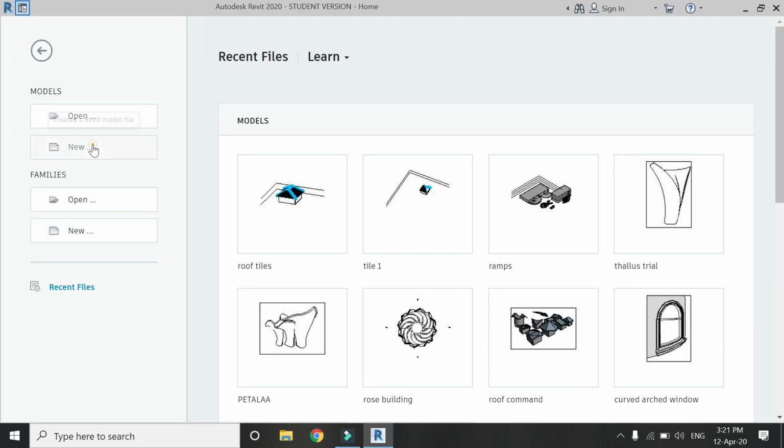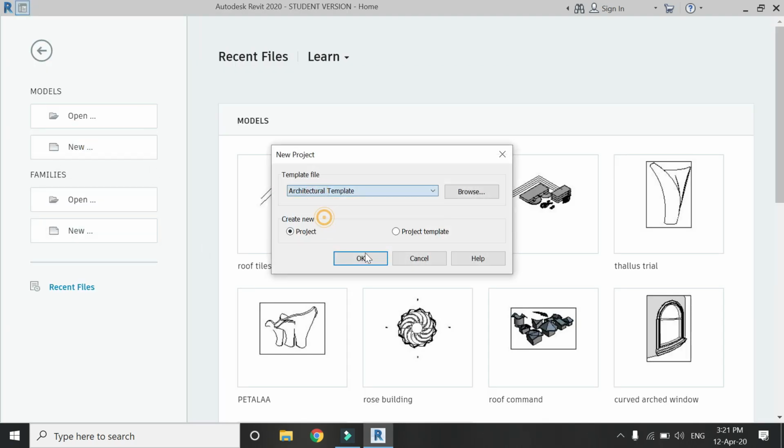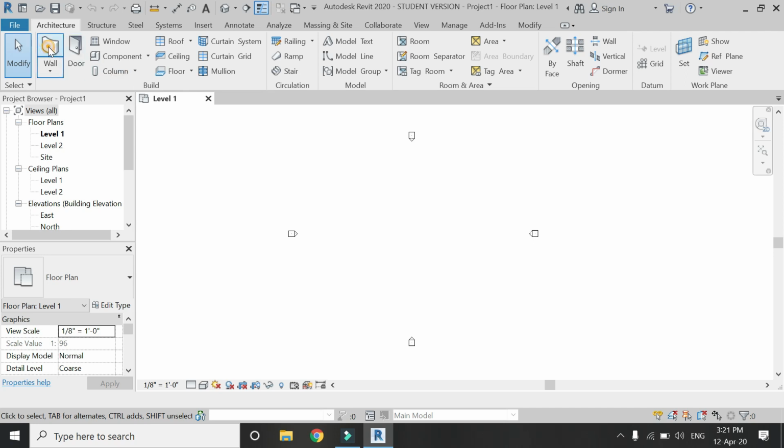After saving the file, open a new architectural template file of Revit,